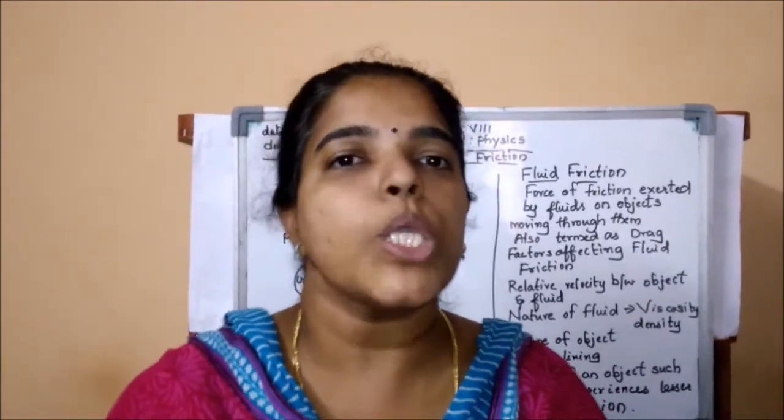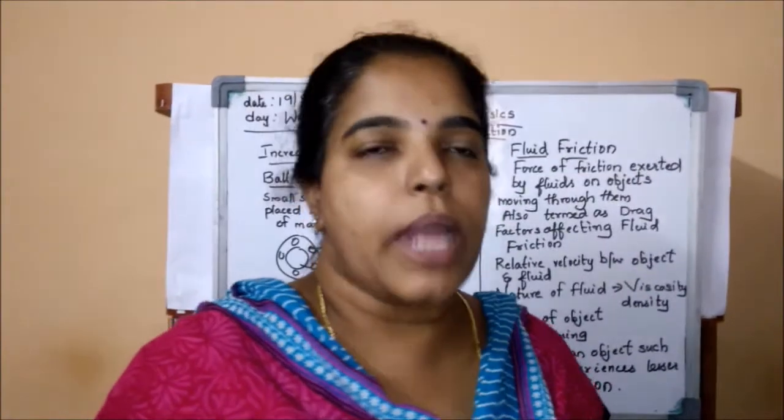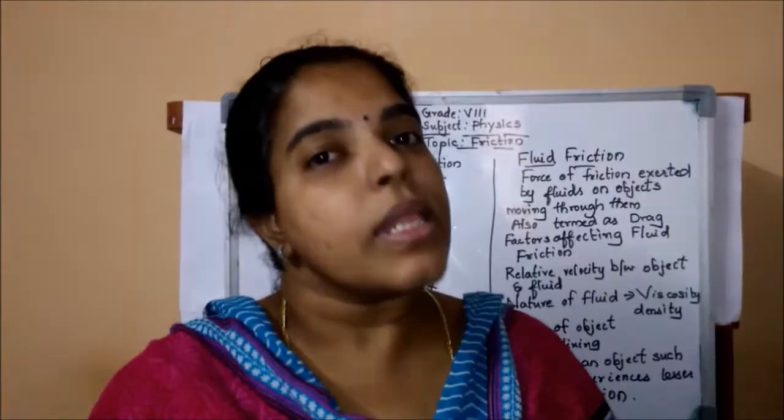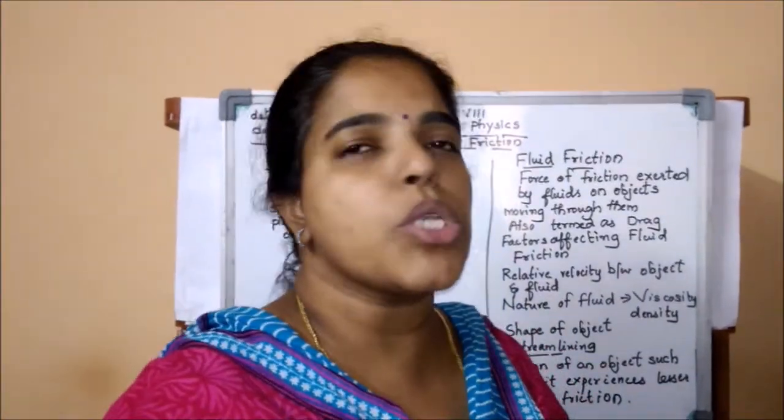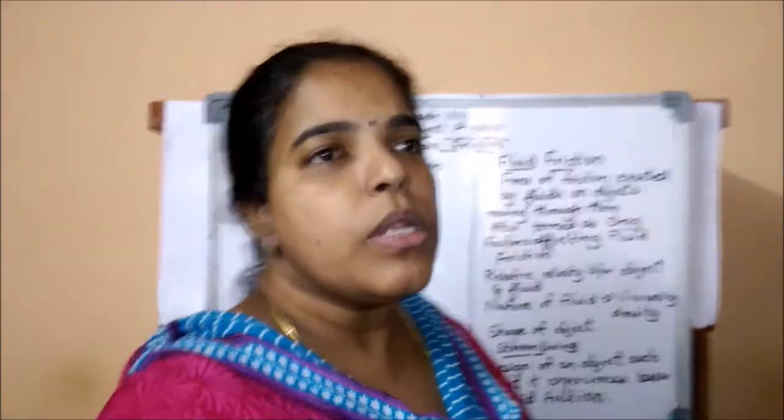Let's see an example. I'll take a very smooth surface, granite. If I put sand on top of the layer of the smooth surface, the friction will be more. Why? Because a rough surface has more friction than a smooth surface. In some situations we want to increase the friction, and in some situations we want to reduce the friction. Let's see in which situations we want to reduce the friction and how we can reduce it.